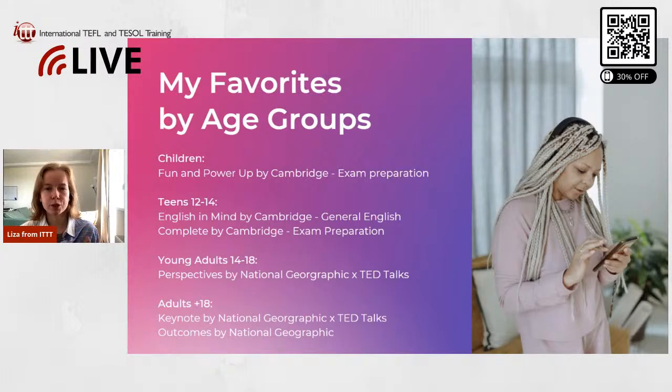But these course books are primarily for children, probably from 7 to 12 years. If you choose Fun or Power Up for your 13 year olds, they would probably consider those books as books for children, and they won't be really engaged and interested. So make sure you pick out the most appropriate book according to the age as well, because if you work with children, you probably know the difference between 10-year-olds and 13-year-olds. The gap between those age groups is really huge, so it is extremely important to choose an